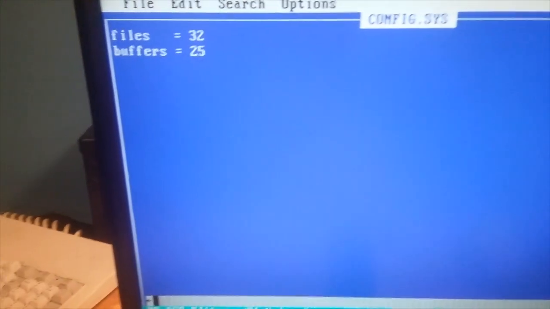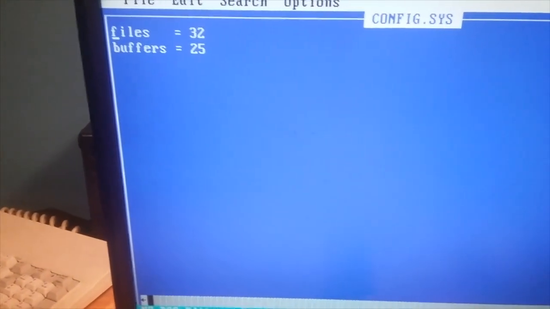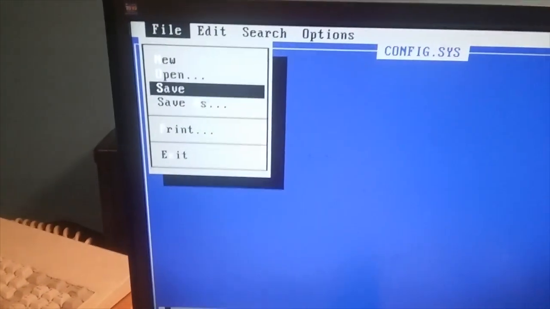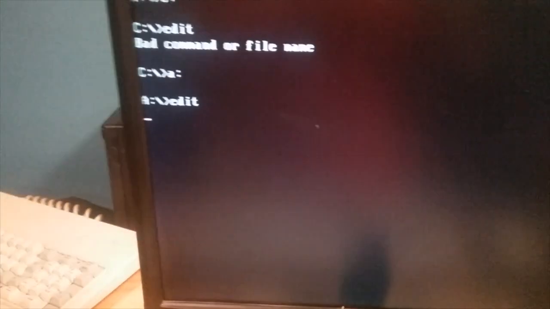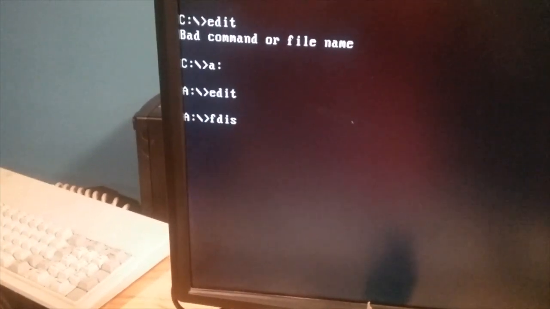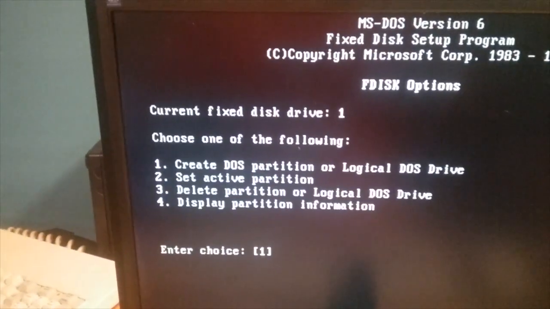I cannot run TIP, whatever that is. So yeah, let's just beep boop. Let's do FDISK, blow C away,